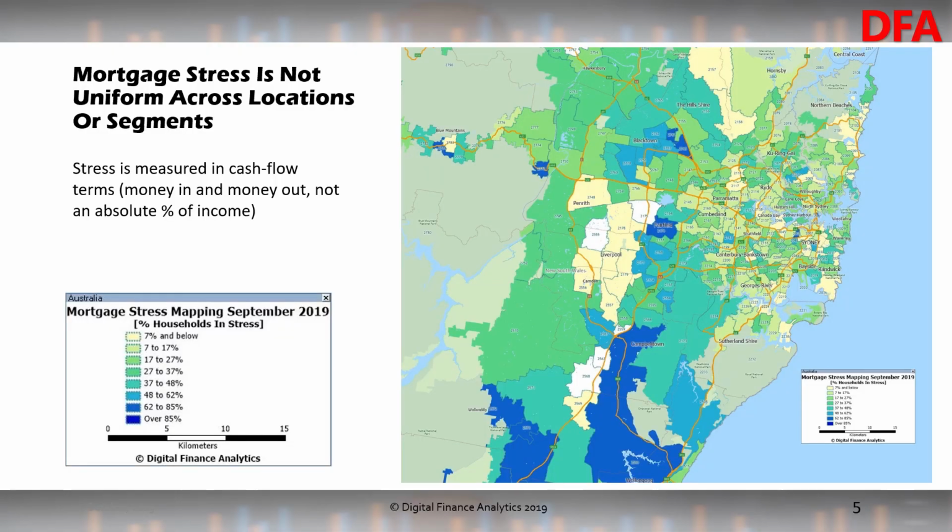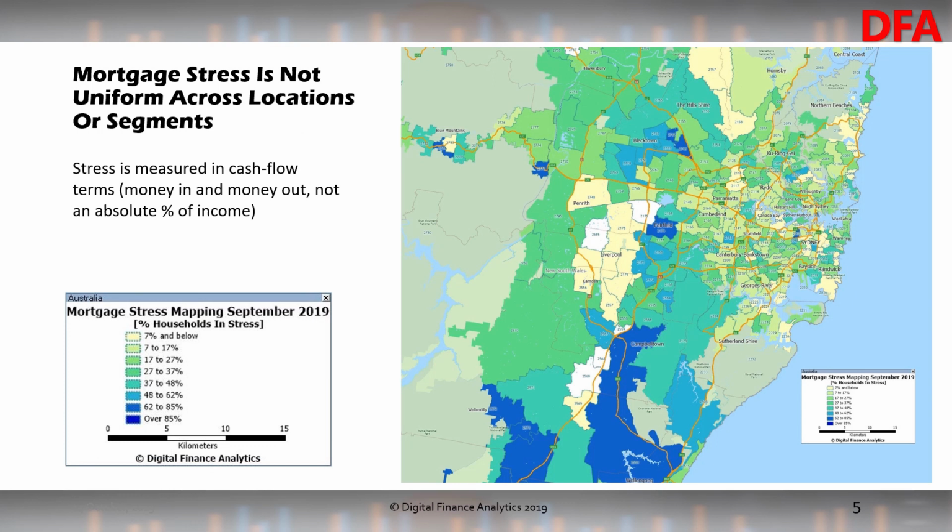We haven't had a plan B, and now, of course, the RBA and the government and everybody else is trying to enthuse people to back into the market. Seems a dumb strategy to me, but that's just me. But the point about mortgage stress on the next slide is, and this is just a Sydney example,